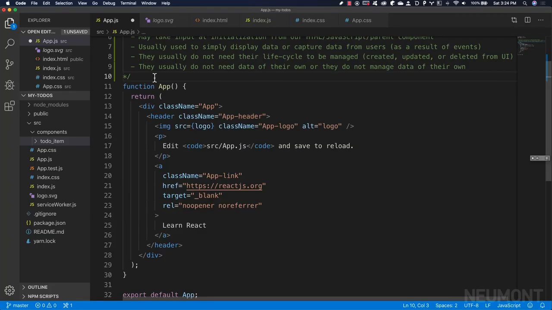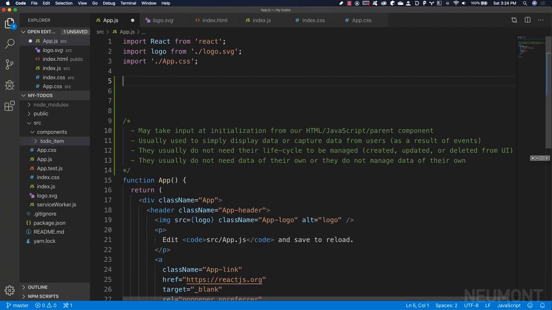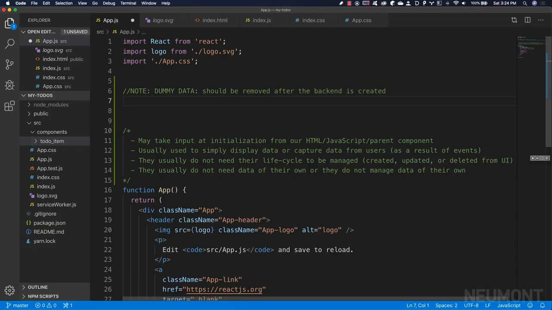So let's go ahead and right here, actually let's leave our comments right there. And above this, I'm going to put a note that we are building some dummy data here. That way we know exactly that this is dummy data and it should be removed. So we're going to put a note here that it should be deleted after the backend is created. And then we're just going to do a